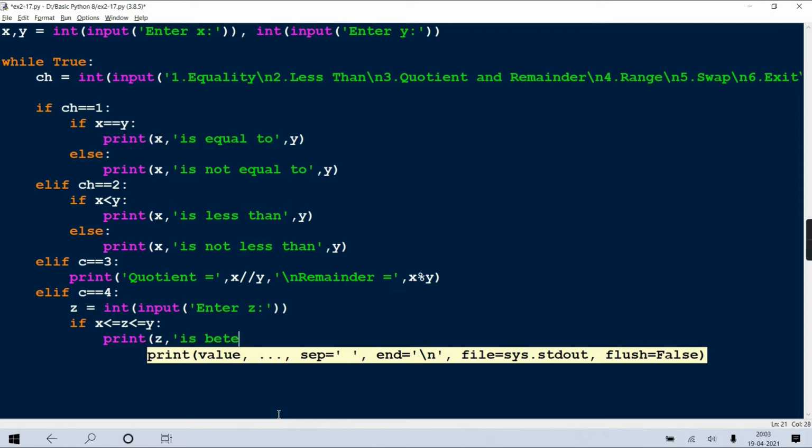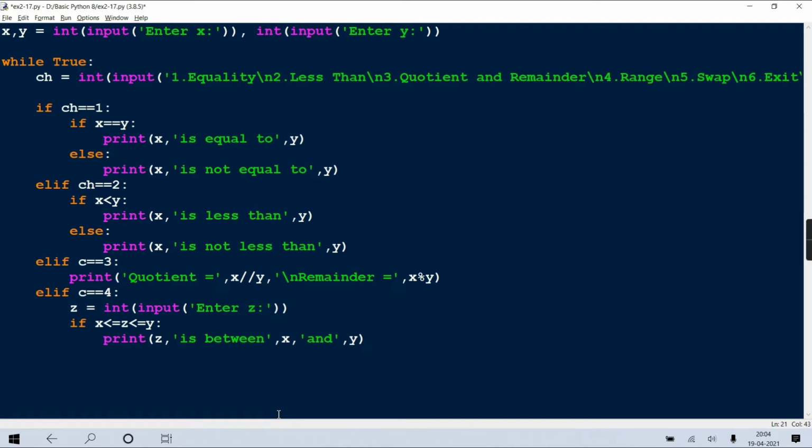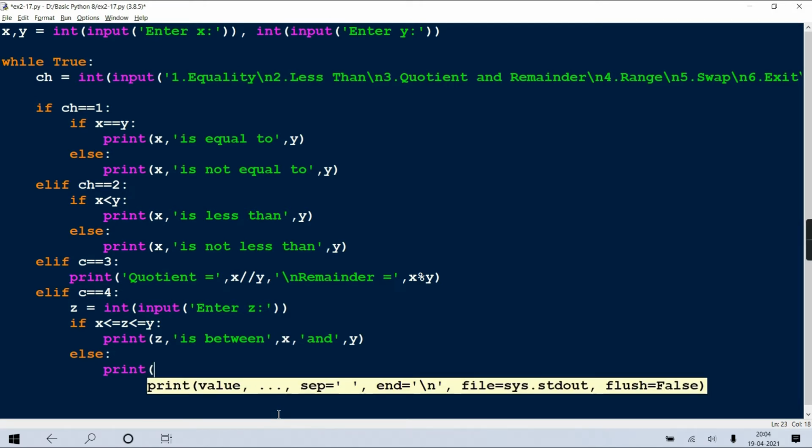Okay? Now, if this is coming true, it indicates that z is between x and y. Okay? Don't bother about the space because in Python, before and after every value, there is a space. Z is not between x and y.